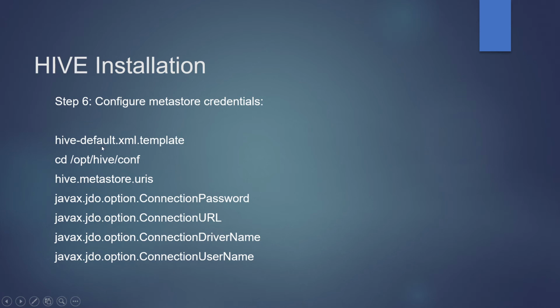After renaming, we need to configure these tags with the required value we already generated. Sample has been provided in the GitHub URL provided in description.